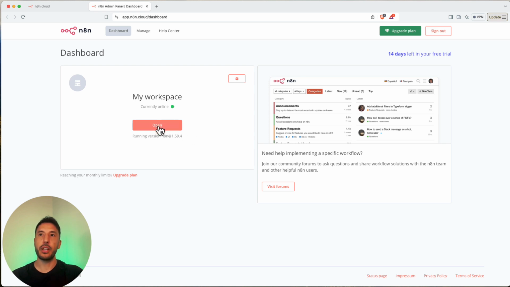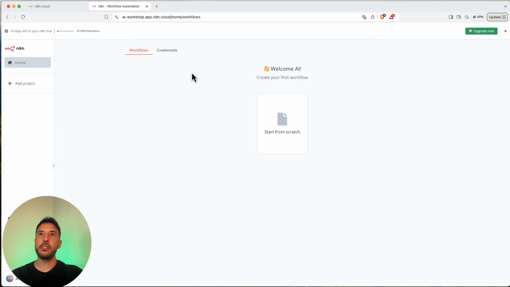So you want to make sure you're running the latest version. Okay, so let's go ahead and click on Open Workspace. Once you do that, you're brought into this workflows homepage, and in the top left-hand corner it says 14 days left in your n8n trial. So that's what it's going to look like, which is great, because you can use this for 14 days for free. And if you are okay with using the cloud and you don't want to go towards self-hosting, again, it's perfectly fine. But anyway, just to give you the layout.